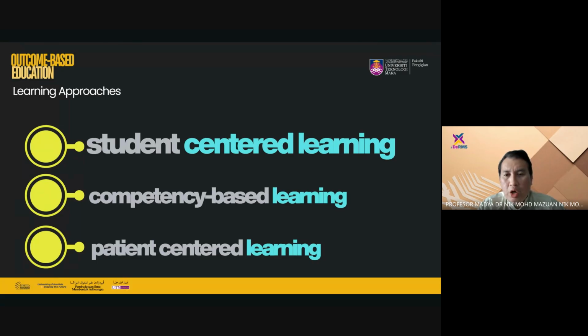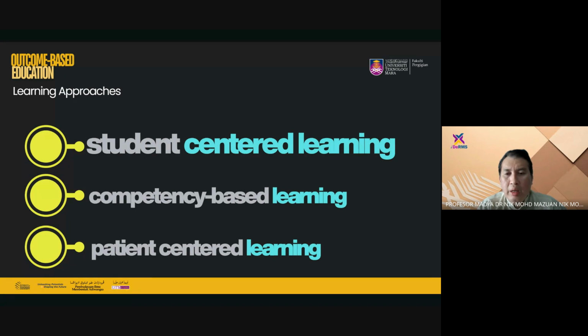For the learning approaches, we are concerned about student-centered learning. There are other approaches, okay? And for your information, our curriculum is actually student-centered learning and competency-based learning. And as you notice, we have competencies, right? When we do our handbook, there are competencies embedded in the handbook